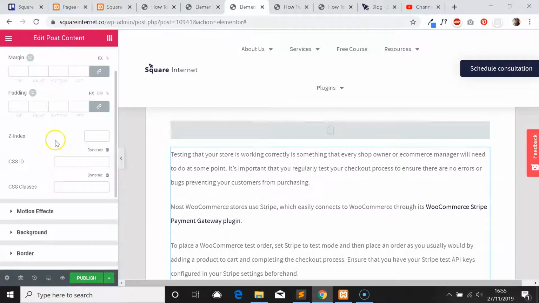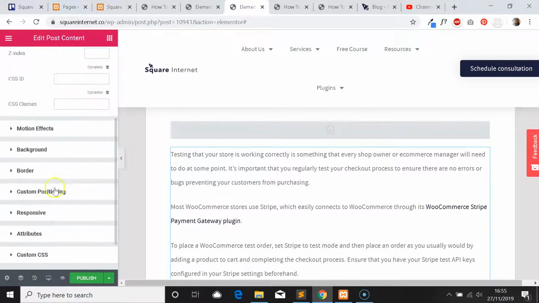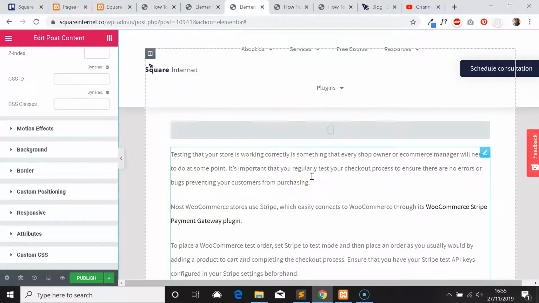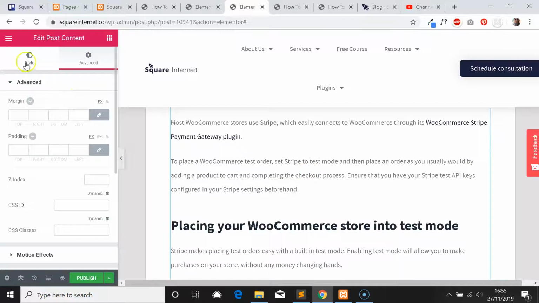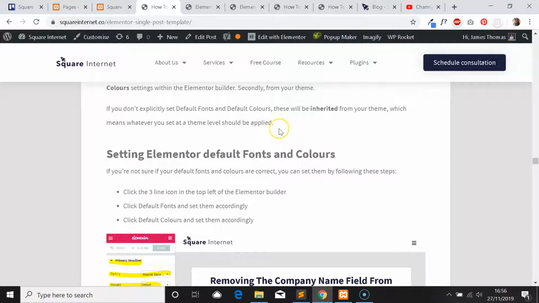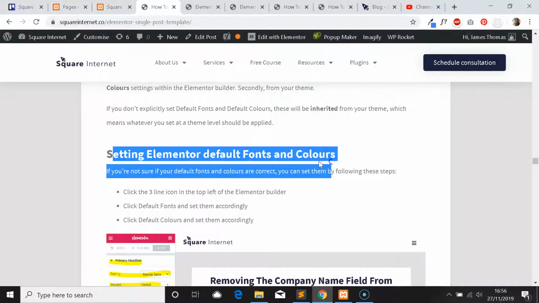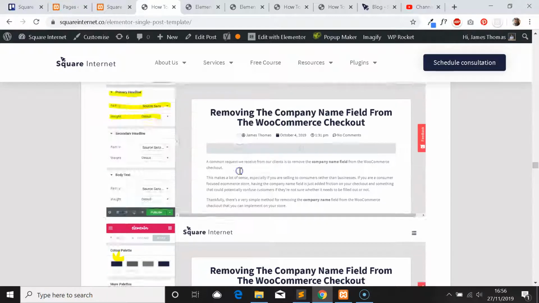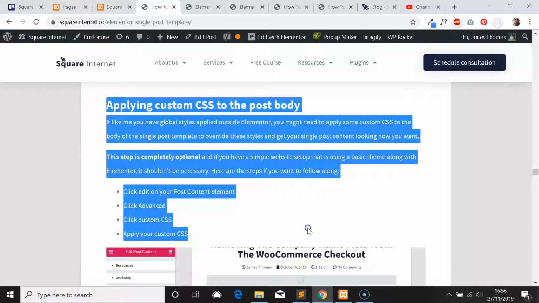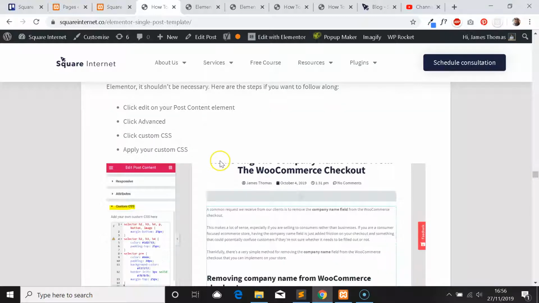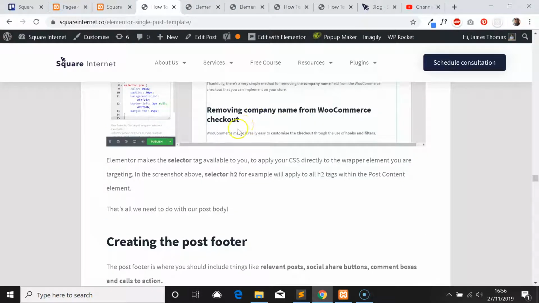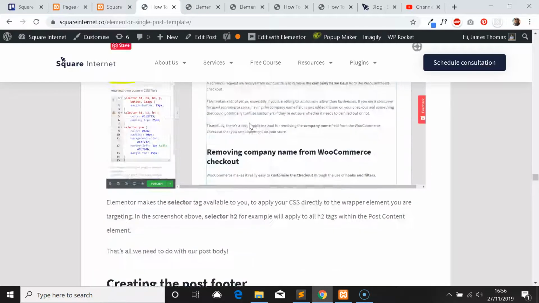And then you can play around with the advanced and the style tab if you wanted to achieve any kind of effect you'd like, really, with your post content. But I think that's about everything I covered in the blog post. So I've just covered default fonts and colors. That's done. I've shown you how you can apply some CSS to the post body by going into advanced, custom CSS. I think that's everything for the body,